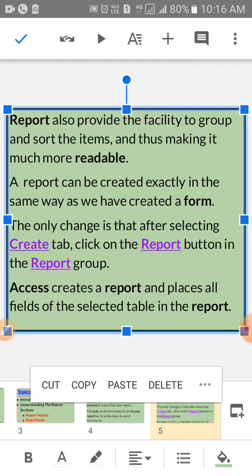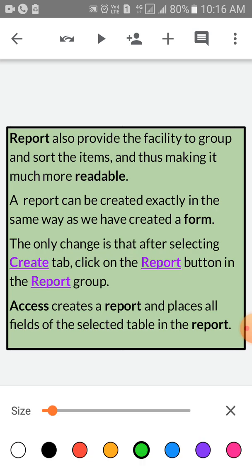Now, children, a report also provides the facility to group or sort the items and thus makes it much more readable. A report can be created exactly in the same way as we have created a form. In the last chapter we studied forms. A report is just like a form.